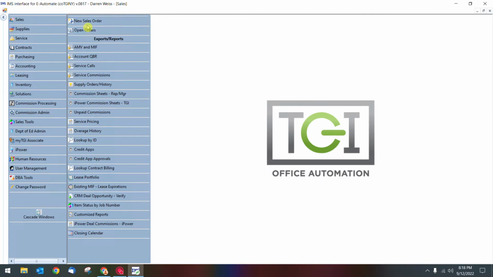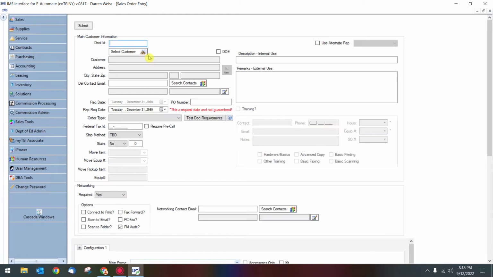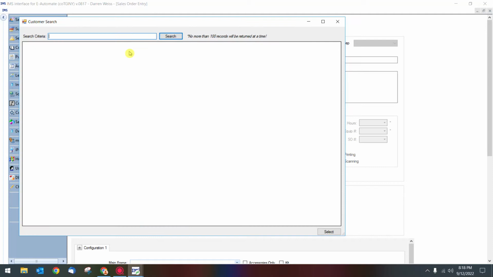A new submenu opens up. New sales order is where, after you win a deal, you go ahead and actually put the ordering in of the equipment. So up here in the Deal ID section, this is actually the number that is your opportunity number. Every opportunity that we create within an account in CRM has a deal number or job number automatically assigned to it. We would put that here, select customer, type in the name of a customer,